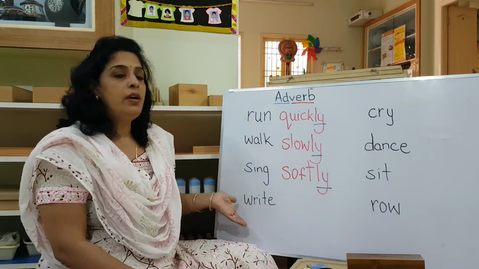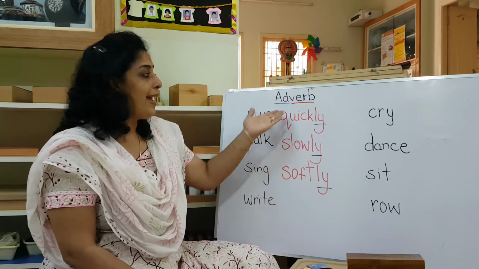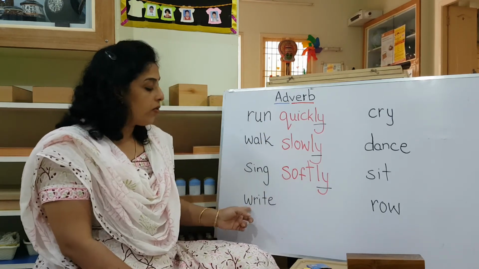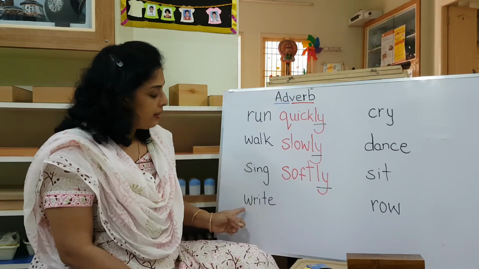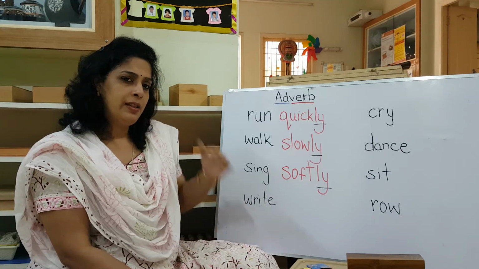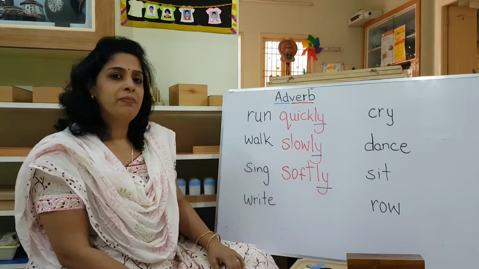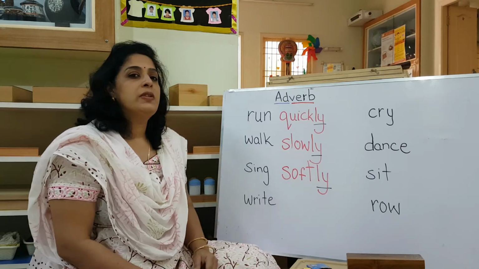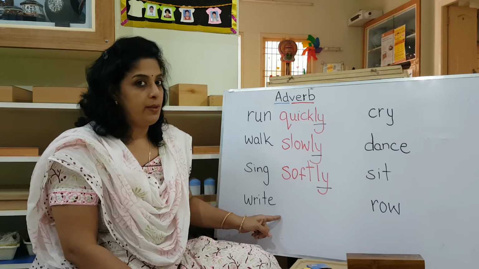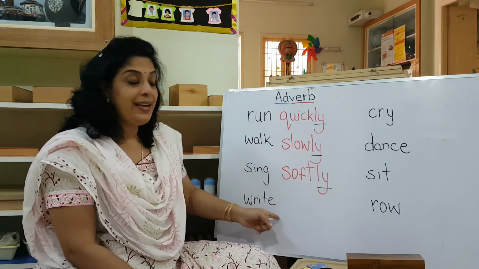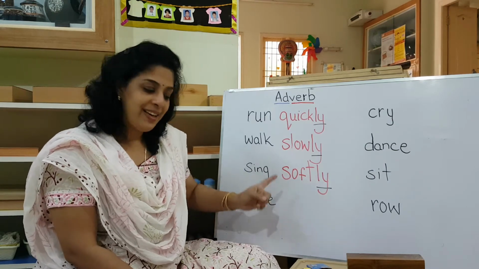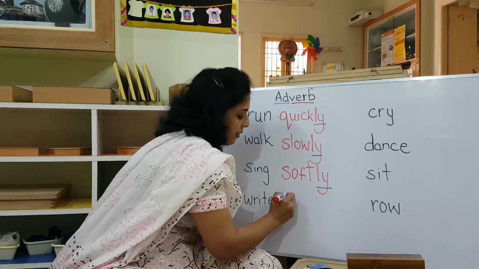So the next word, you can tell me what can come as an adverb. What can be the adverb for this verb? Write. Okay, the verb is write. What adverb can I write for that? Think. It should end with a li. If I am going to say, come on children, write. Quickly is already written, something else. Write neatly.